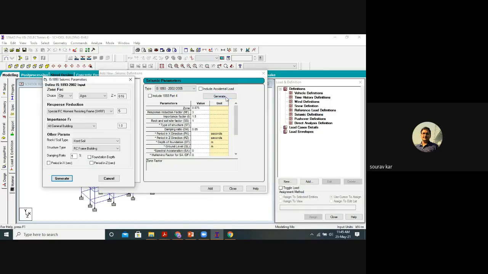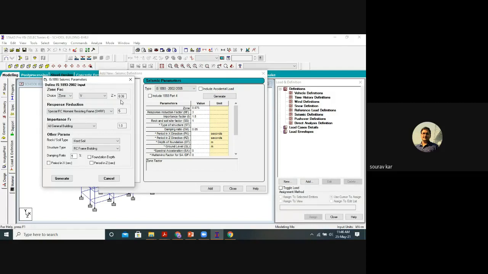Better is we can select the generate option and select all the parameters here. For the zone factor, there are two options, city and zone. We select the city, we select Bhuj, and automatically the zone is 0.36. If you don't want to put the city, you can put the zone. You can select zone 3, zone 4 and zone 5.